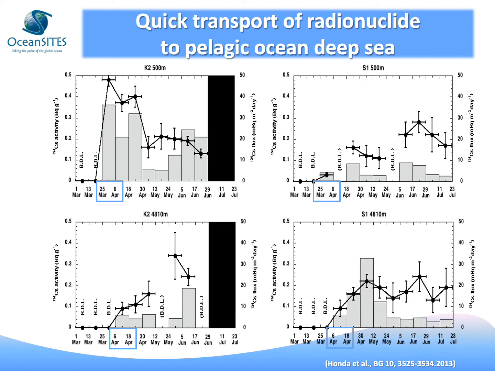Interestingly, radiocesium was detected at the same timing at station S1. Thus, it was revealed that the radionuclide emitted from the nuclear power plant arrived at 5,000 meters of stations K2 and S1